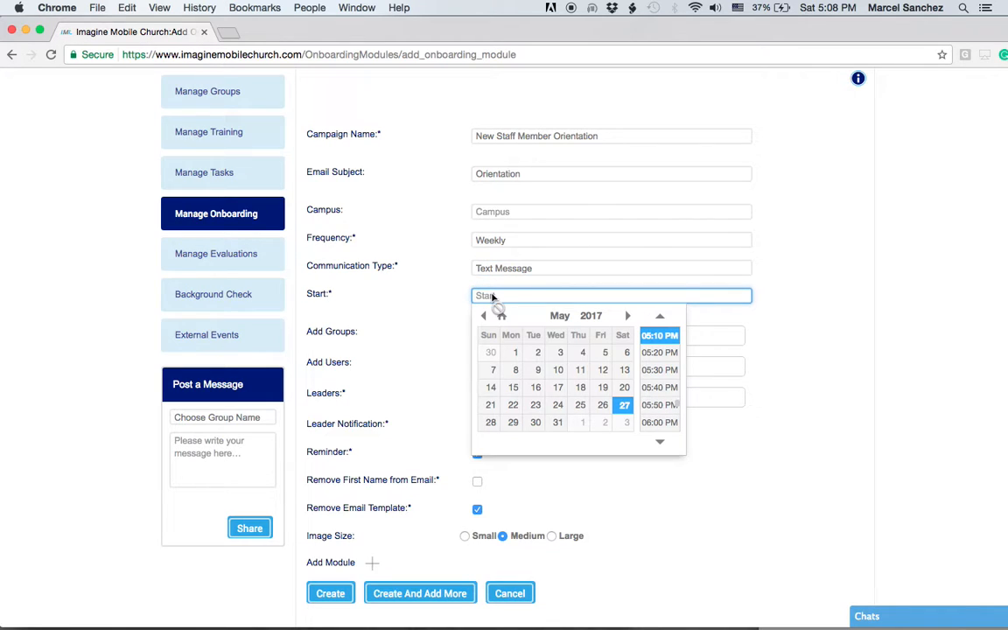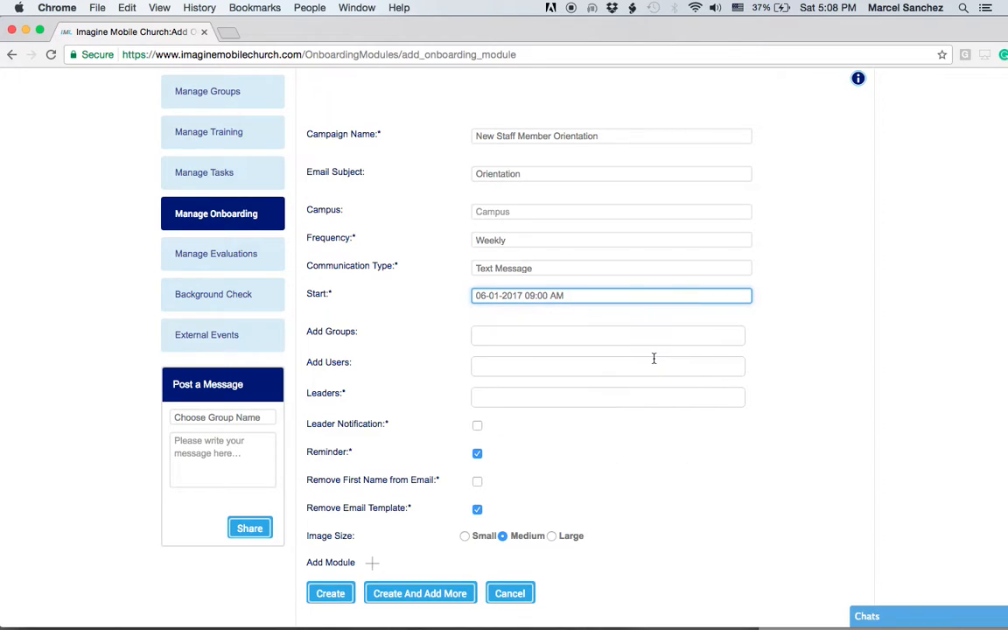And let's say the start date is going to be June 1st, and it's going to be a little earlier, let's say 9 a.m. So we have the start time, and then we can add groups here if we'd like by selecting the group, and then once we select a group we can enter it. Or let's say it's just for an individual. Okay, we're going to send it to church demo, and then leader is the person who is basically overseeing this,